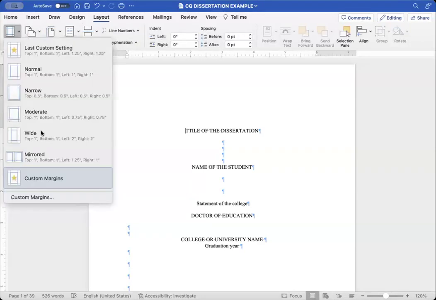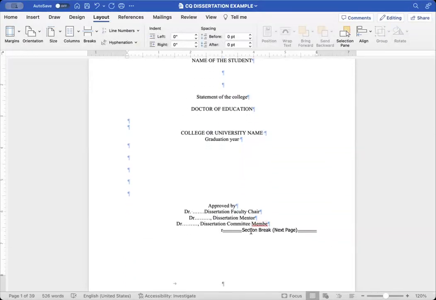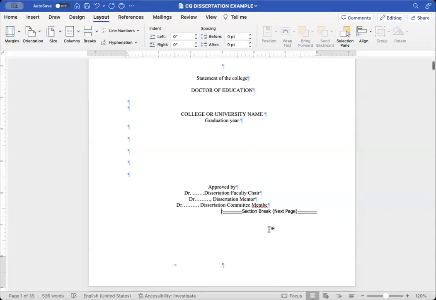So on your cover page, your margin may be 2 inches at the top, 1 inch at the bottom, 1 1/4 left, and 1 1/4 right. So here's how you can move and adjust as needed. So we'll hit OK. In a prior video, I showed you how to create section breaks